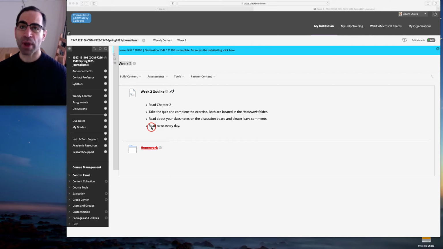Go find stories from credible news sites. You could start with, I think everyone here is in Connecticut, at least right now, the Hartford Courant, or if you have a local newspaper, the Middletown Press, if you're living in Middletown, read a story or 2 from there, and try to read stories that you typically wouldn't read, right? So if you're always drawn to sports or an entertainment piece or human interest stories, like a profile on somebody, read the hard news, read a political story. Just start to diversify your news diet and start to read different styles and different topics and how they're covered. Just reading 1 or 2 stories a day is going to go a long way,